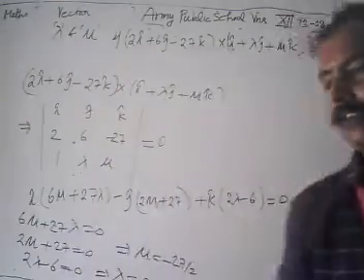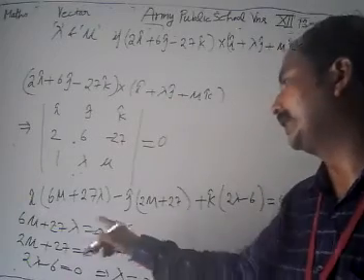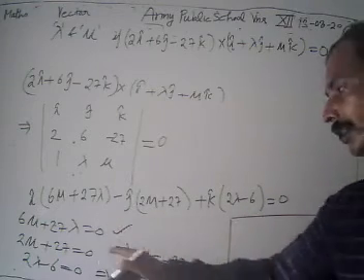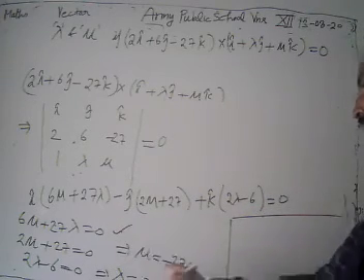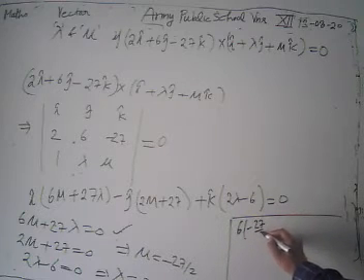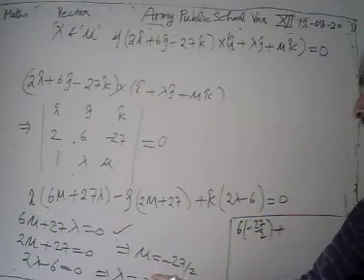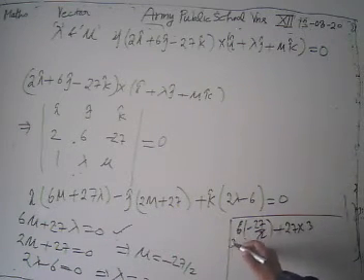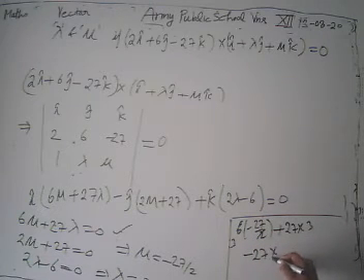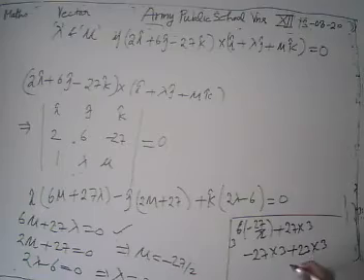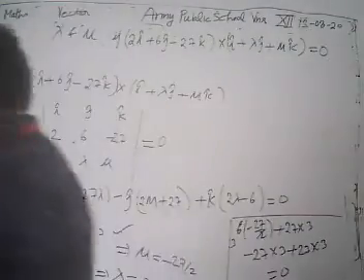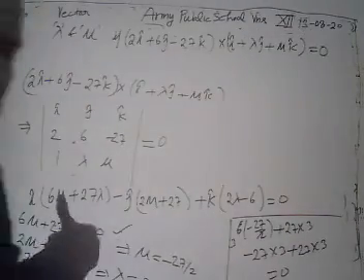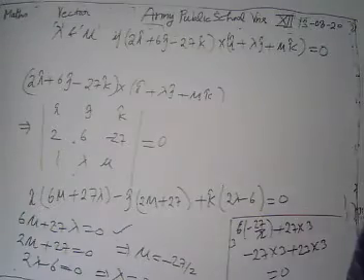We can also verify these values by putting them in the given equation and showing that it's 0. In our third equation, 6 times mu means 6 into minus 27 by 2, plus 27 lambda, 27 into 3. Now we have to show that it's 0. Minus 27 into 3 plus 27 into 3, obviously we get 0. So lambda is 3 and mu is minus 27 upon 2.